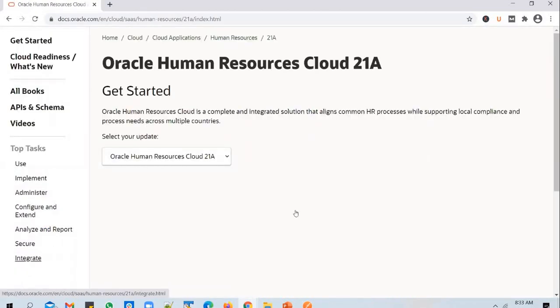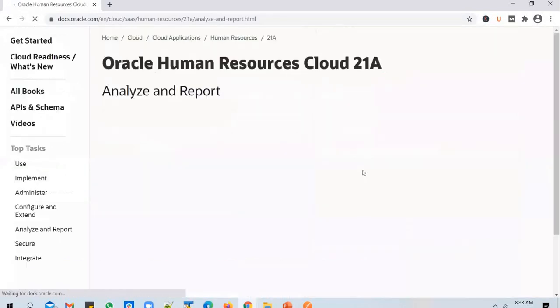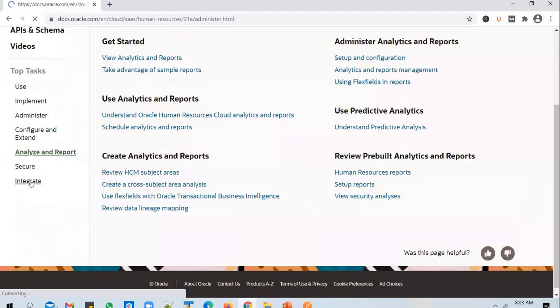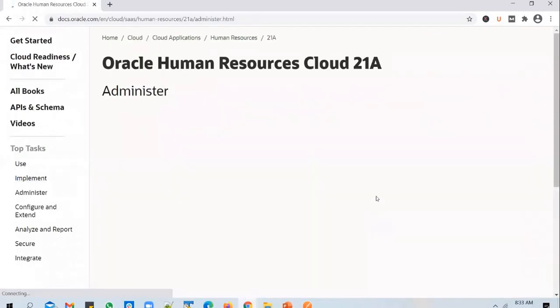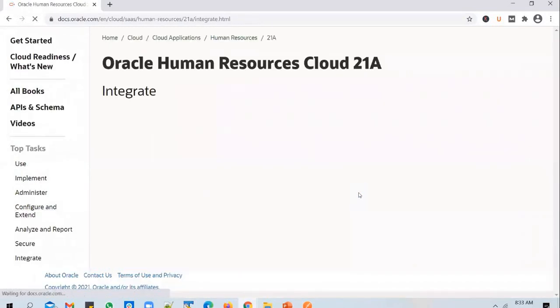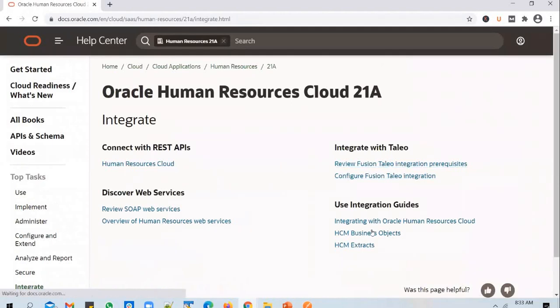Click on integrate again in the HR module, and click on the REST APIs, connect with REST APIs.